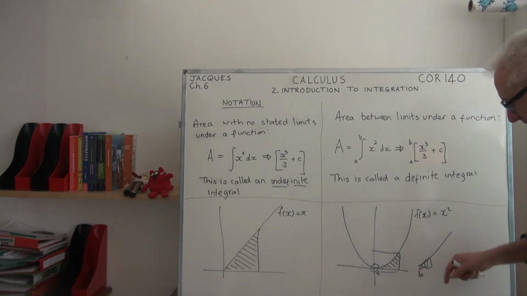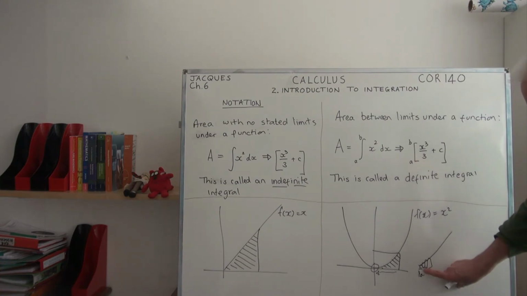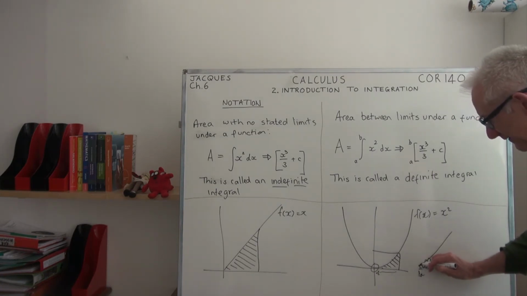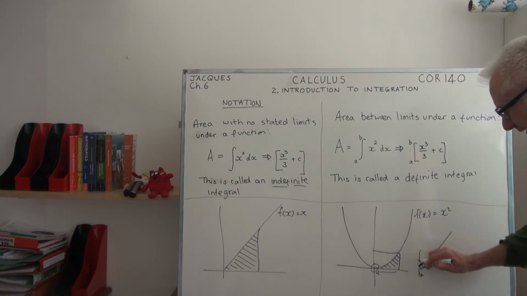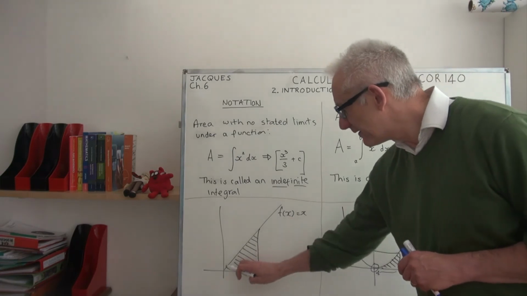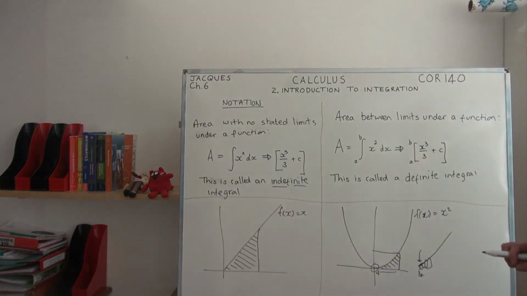So delta x means that there's a very small amount of movement along the bottom, and the actual curve of x squared, because that value is so small, is effectively just like the straight linear function that we saw there,